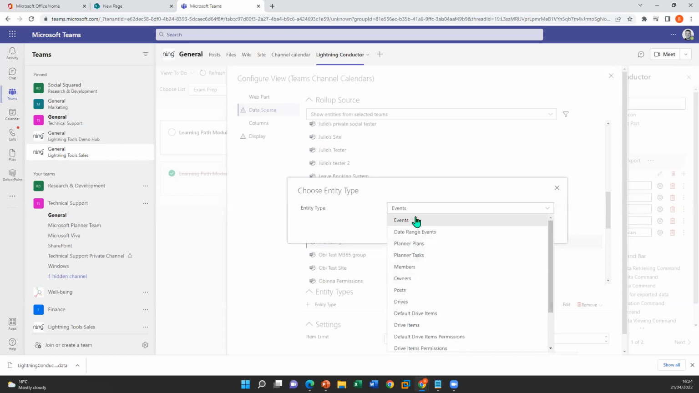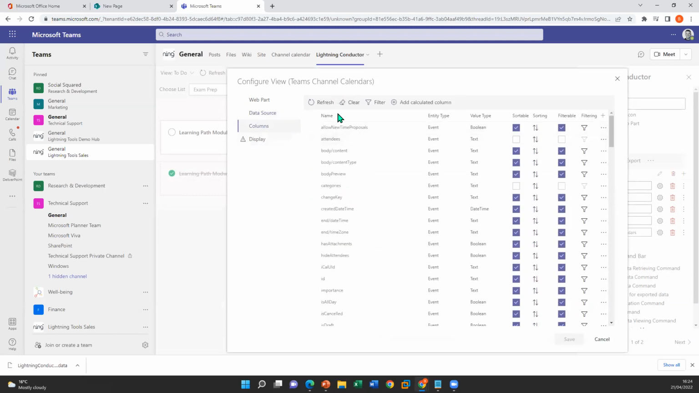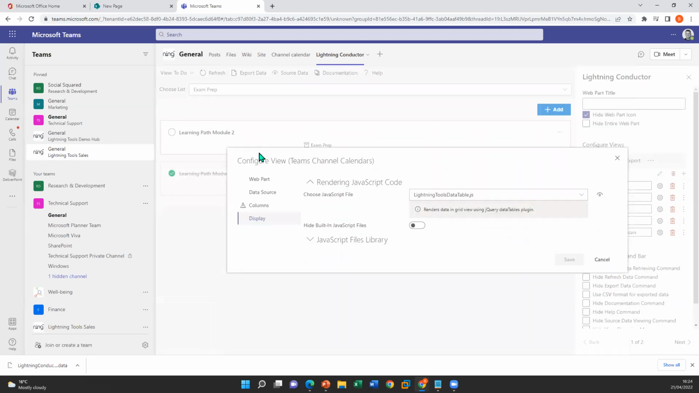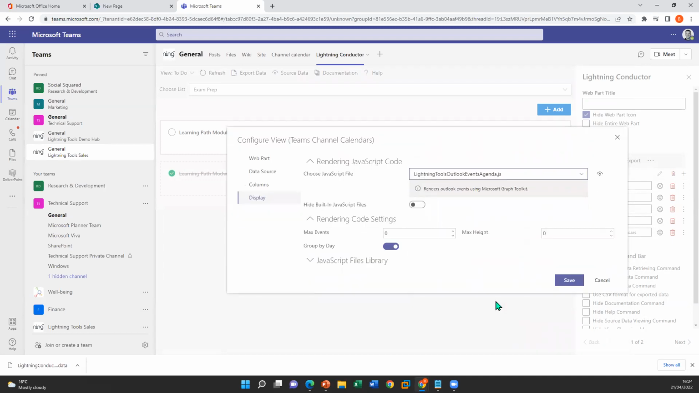But what I'm going to be concerned with is the events. So I'm just going to go through and choose events inside that particular instance. And from the columns now, I can go through and choose the columns that I want to have available inside my view. But since I'm using a built-in JSON template, I don't need to do that. I'm just going to use this built-in template here, which is the Lightning Tools Outlook Events Agenda. And notice that when I save that now